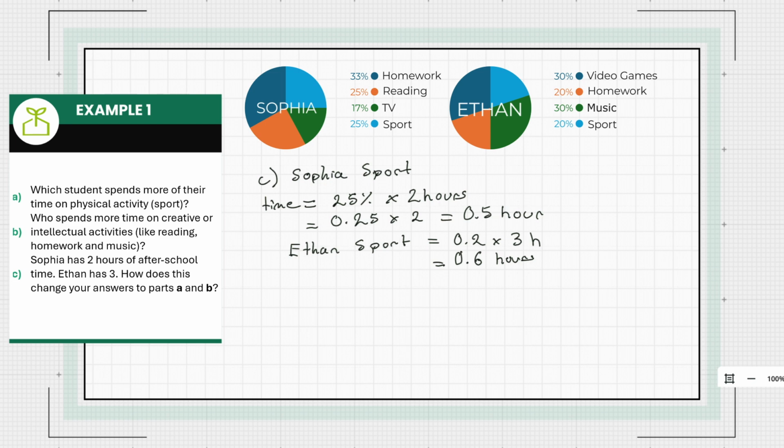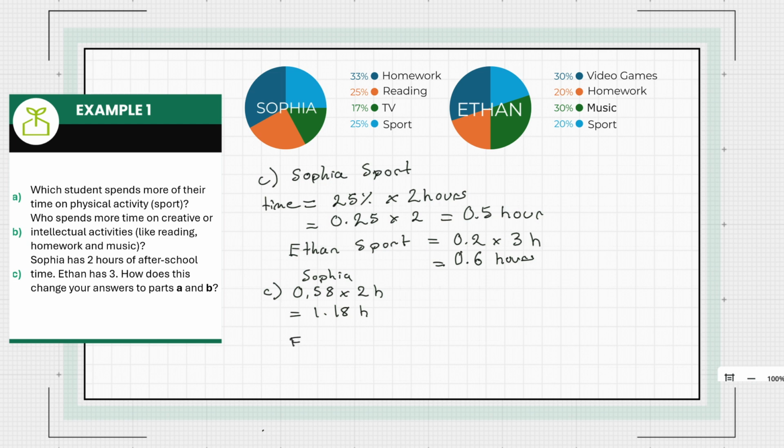So ultimately, Ethan spends more time on sport overall, and proportionally, Sophia spends more time on her sport, percentage wise. Okay, now let's look at how much time they spend on intellectual activities. So we calculated for the first one that Sophia spends 58% of her time on intellectual activities. So let's do 0.58 times her 2 hours. Okay, so we get 1.18 hours, and that's for Sophia,